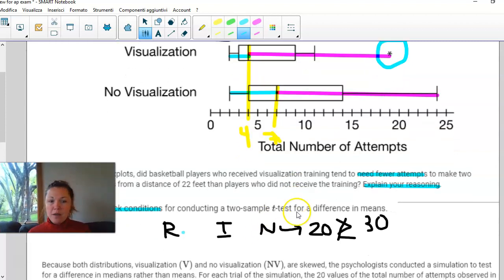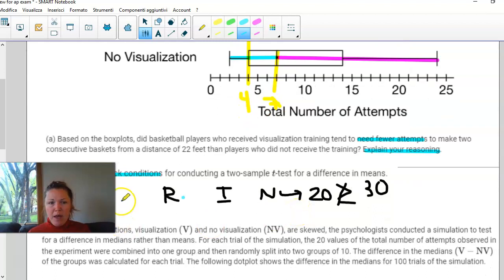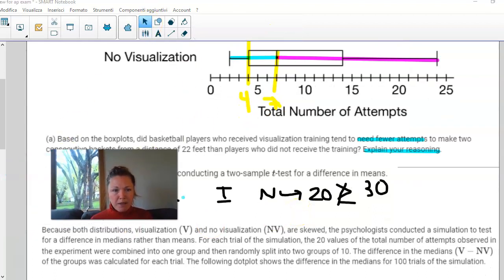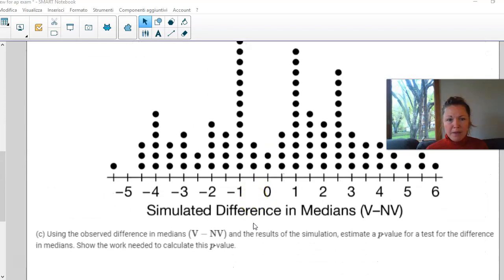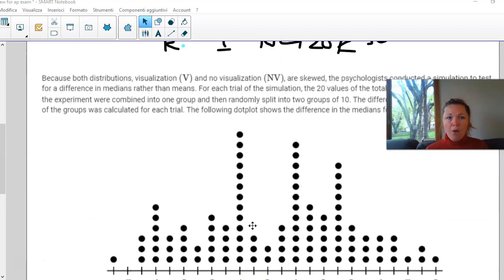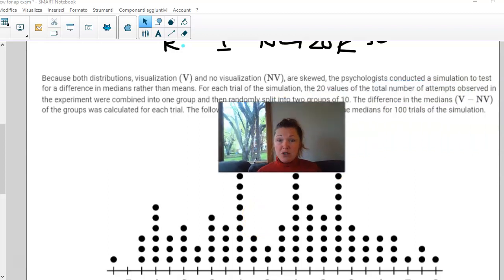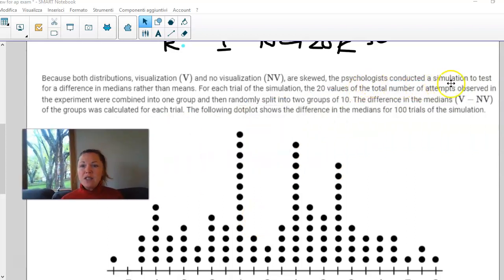If you have any more questions, let me know. Now I do want to go through part C just a little bit. Okay, so it says, because both distributions are skewed, the psychologist conducted a simulation to test for a difference in